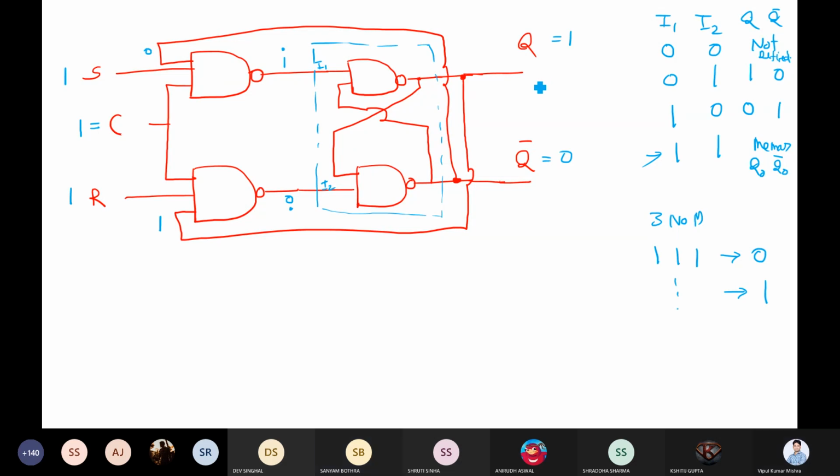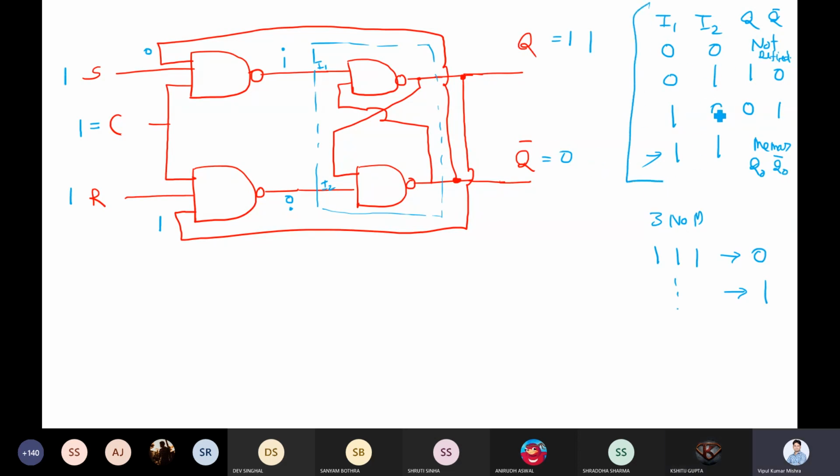Q equal to 0? 1. What about this? 1. Are you sure? Just check out this table.